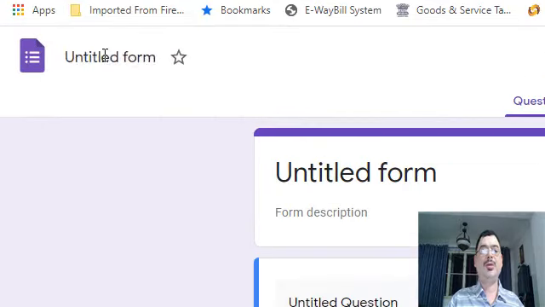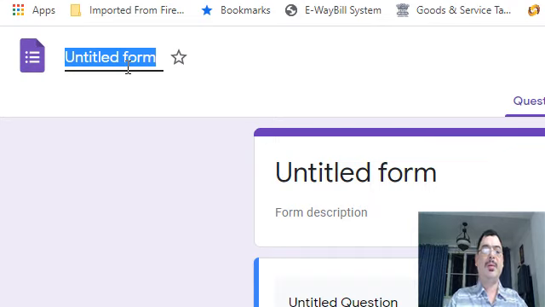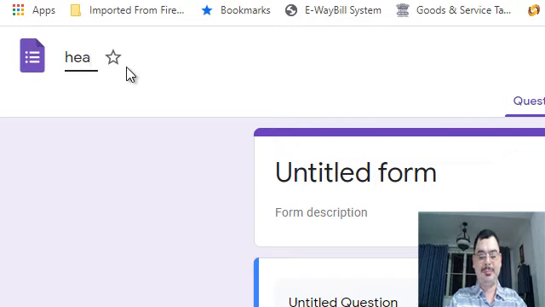You can give a title to the form also. Suppose I am going to collect data for sending some information on health. Let me make it as health survey.